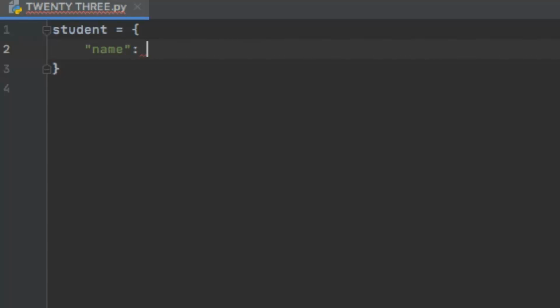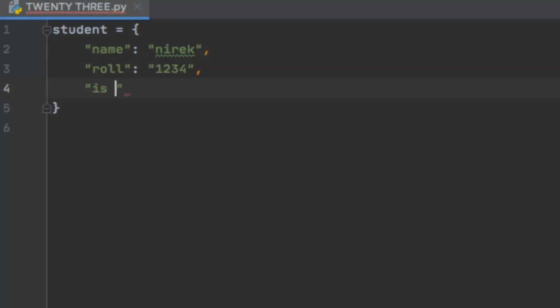I define the value to be Nirek, and this is separated by a comma. Then you can add another key-value pair, for example the roll number. I define the key as roll, and separated by a colon I define the value as 1234. Again a comma to separate the next key-value pair, and here I define